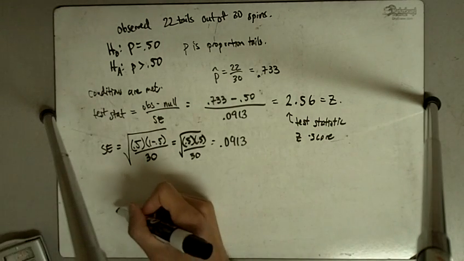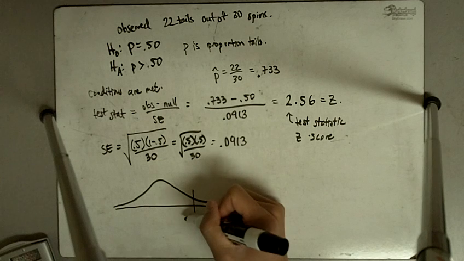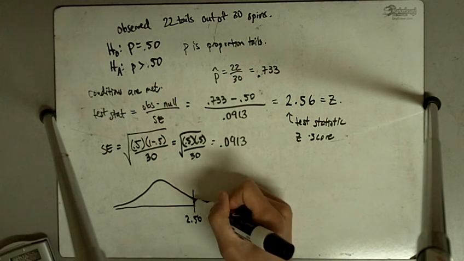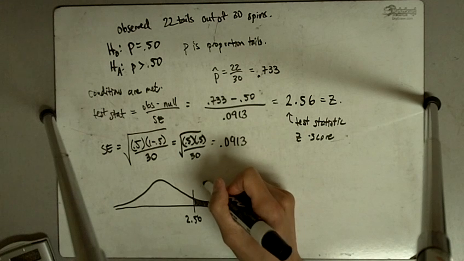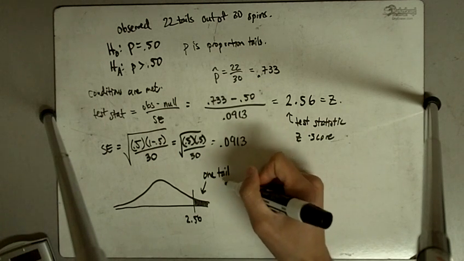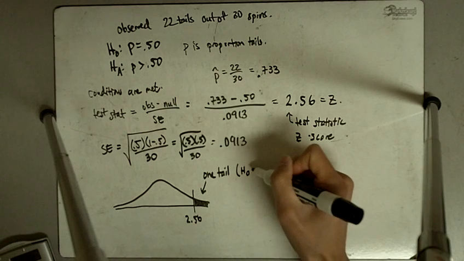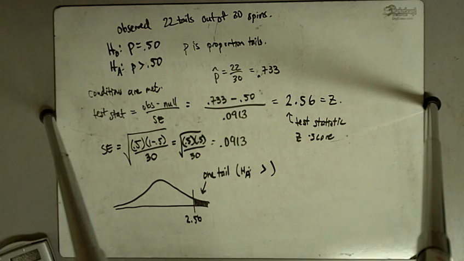So according to my picture, I have the z-score at 2.56, and my alternative is the greater than, so I only do one tail because HA has a greater than symbol in it. So that just means I only go in the one tail direction. So I look up 2.56,